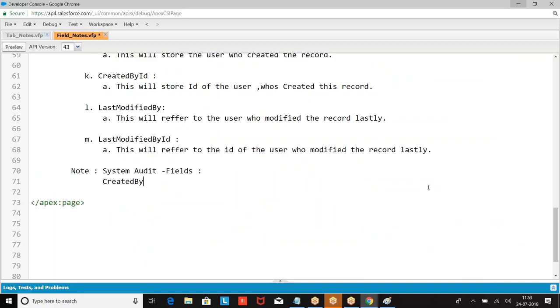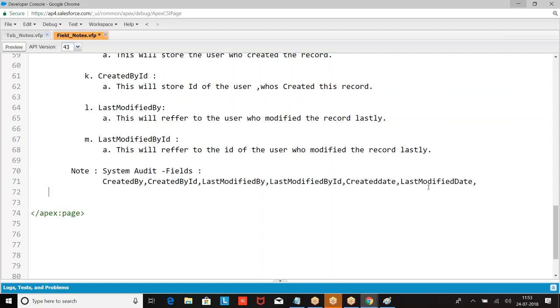Created by ID, created date, last modified date, system mod stamp. These fields are called system audit fields.